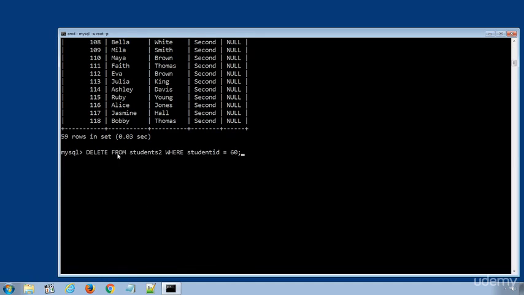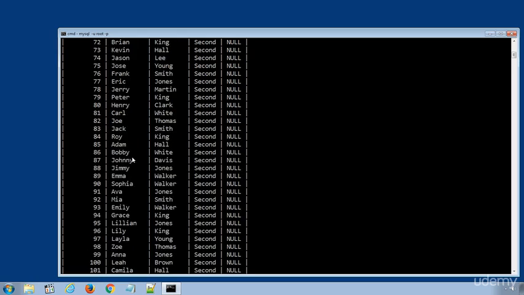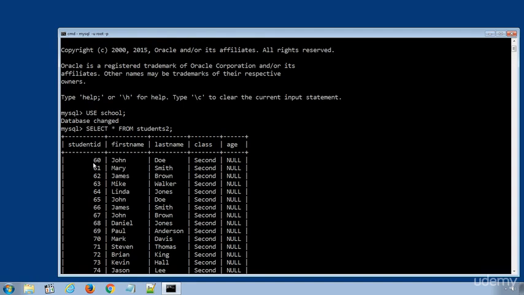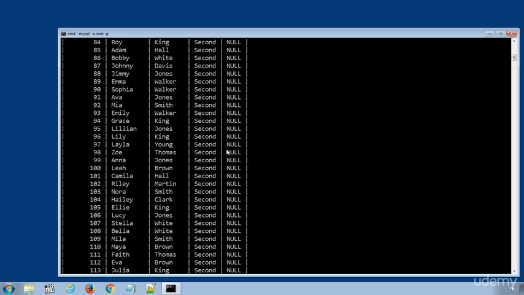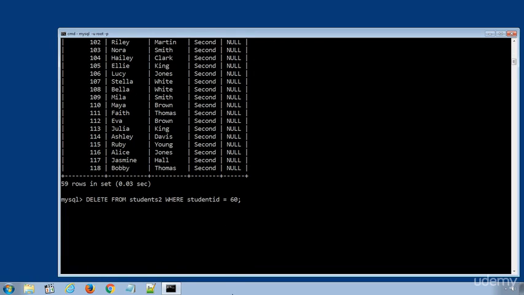This SQL statement will delete the data row where the student ID value is 60. I will press enter to execute the SQL statement.